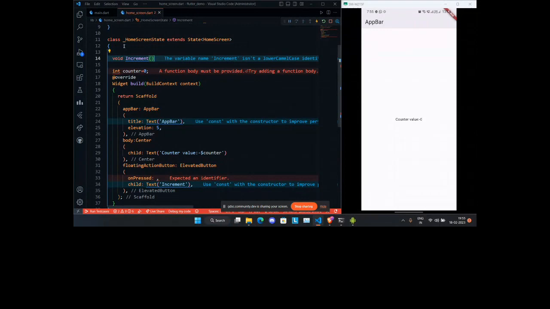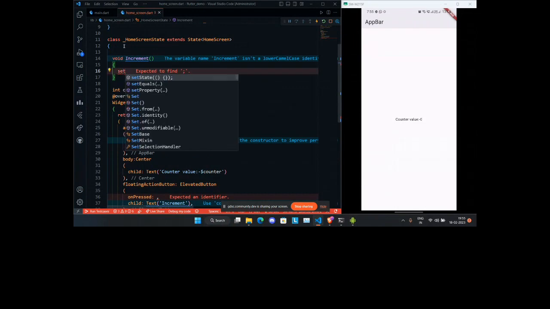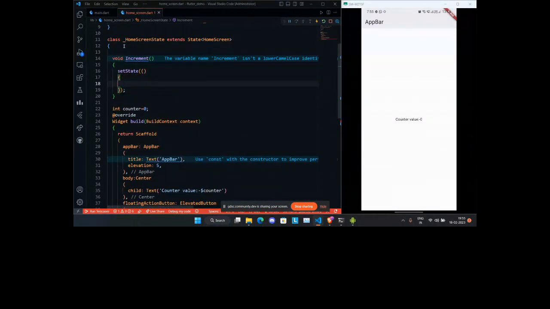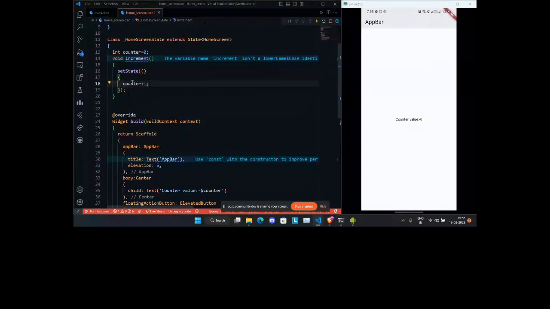It is not going to take any values. It is going to set state, the state of this counter value. Since, as the function suggests, I want to increment the value of it, I'm going to do counter plus plus, and just this.